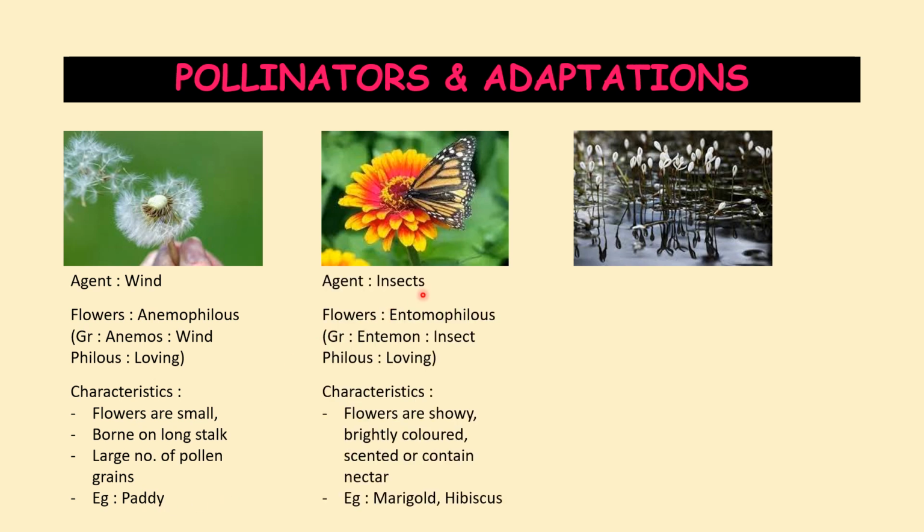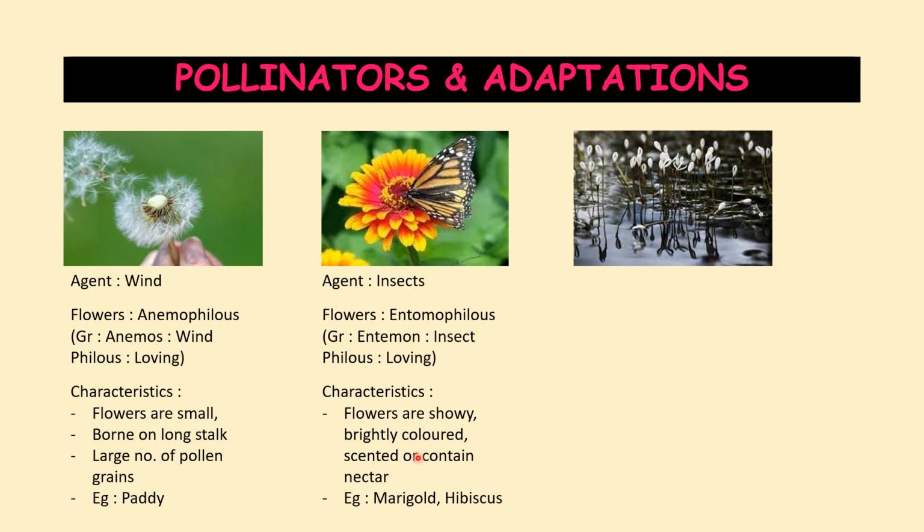The second agent is insects. So flowers where pollination happens with the help of insects are known as entomophilous flowers. Philous, as we now know, is loving, and entomon is a Greek word for insect. These flowers are very showy, they are brightly colored because they have to attract the insects towards them. They contain scent or they contain nectar, and to pick this nectar is why these insects come to these flowers,